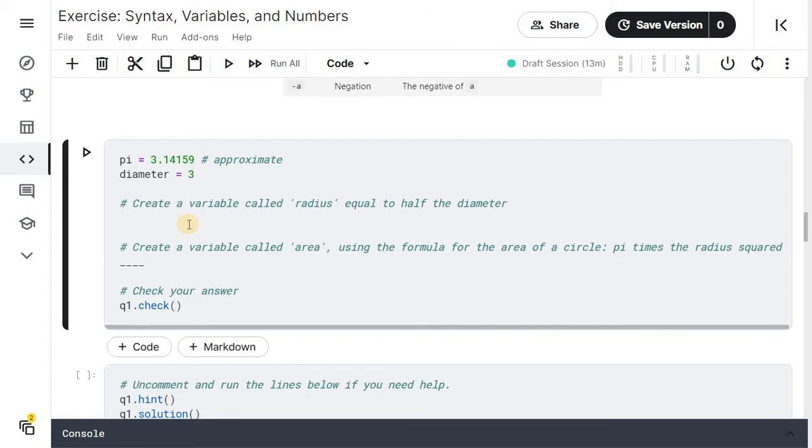Here we are creating a variable radius and initializing it to diameter divide by 2, because we have to initialize it with half of diameter. Create a variable called area using the formula for area of circle, pi times radius square. So we are creating a variable area.